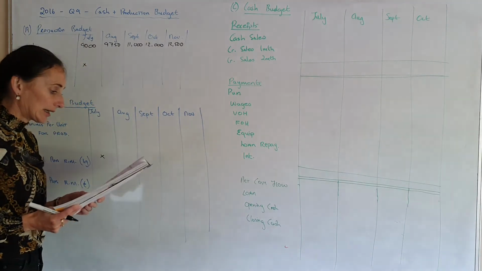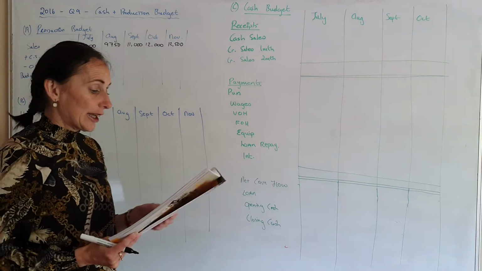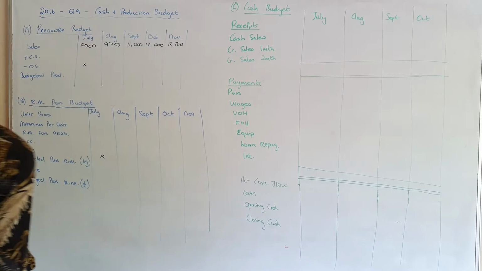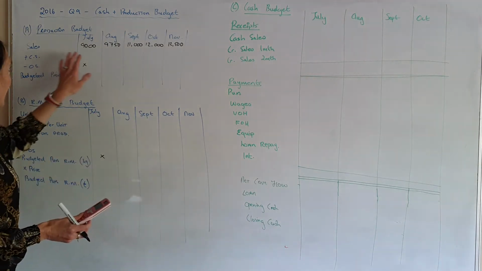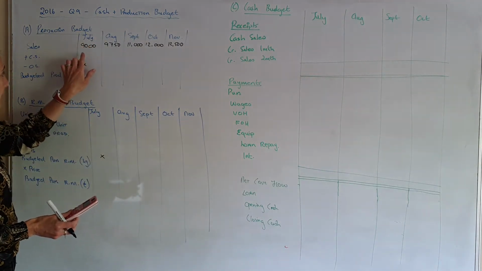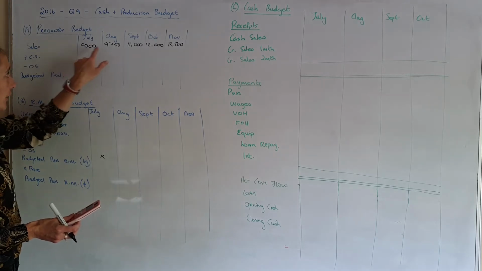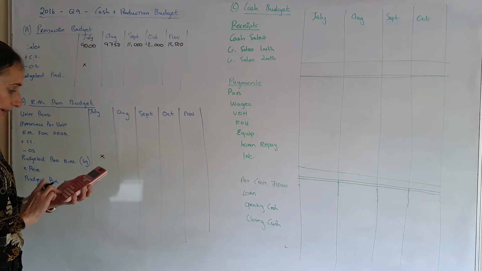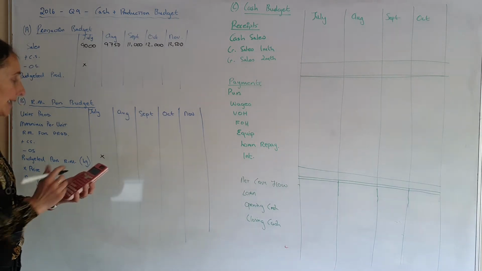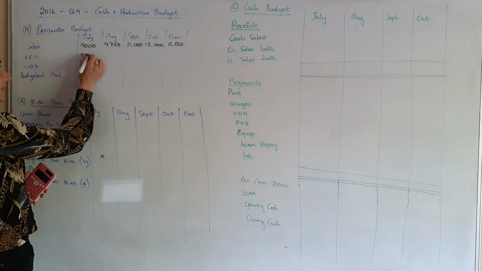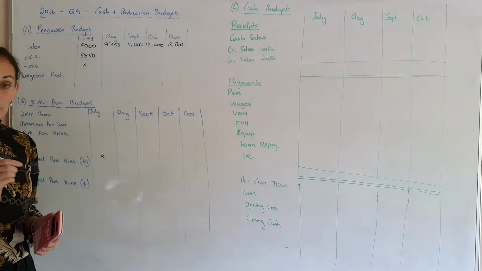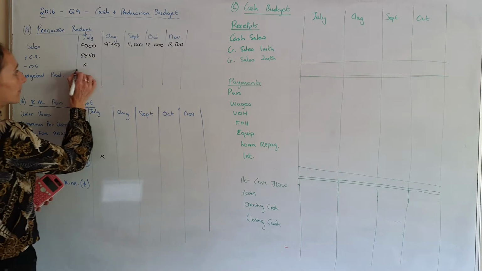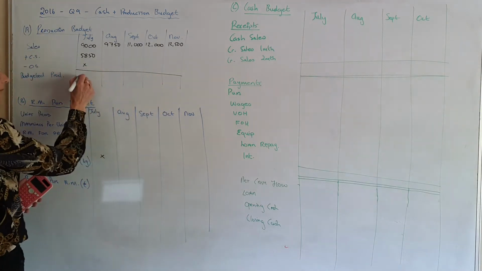Now it said that for finished goods, you want your closing stock to be 60% of what you need for next month. Now in July, I want my closing stock to be 60% of what I need for August. So that's 9750 multiplied by 0.6, and that's 5850 is what I want my closing stock to be. So that means that I'm ready to sell that next month. So if we add them up, there it's